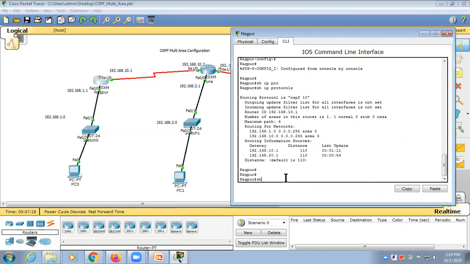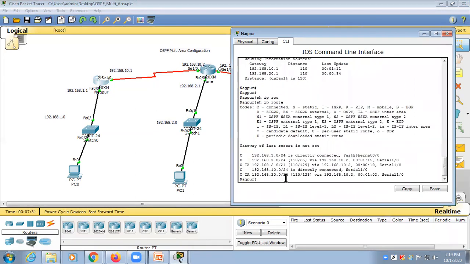Now check show ip route. Here there is one concept, guys. O stands for OSPF. But here there is a new term, IA, inter area information. This inter area information belongs to multiple areas, because the Mumbai router is not in the same area as the Nagpur router, so it is inter area. More than one area is available, so it is showing via IA, and it is learning via 10.2. This is the exit interface.